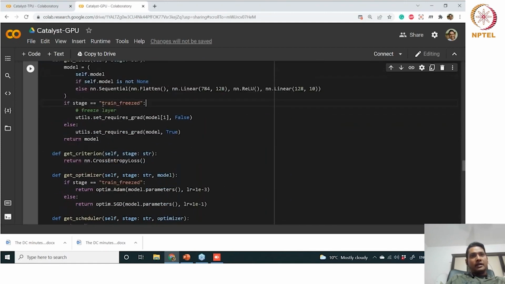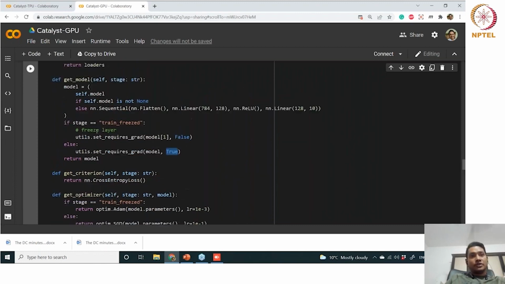Then in the training freeze stage, we are freezing the gradients, so we are not updating them, and here we are using the gradients to tune in the second stage. So these are the two stages, and you can see how seamlessly easy it is to define multi-stage training. Just two lines will help you enable multi-stage training, with three epochs.